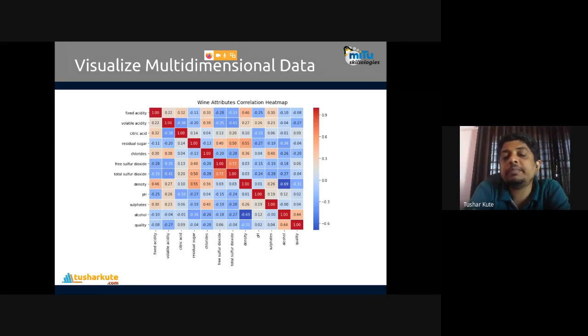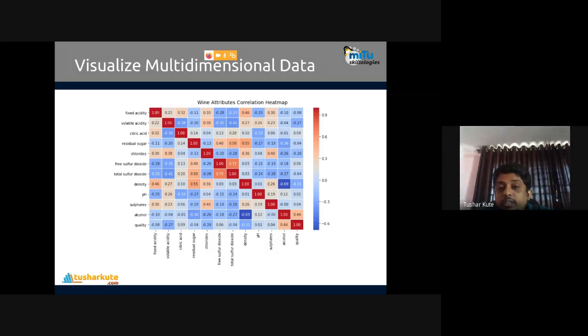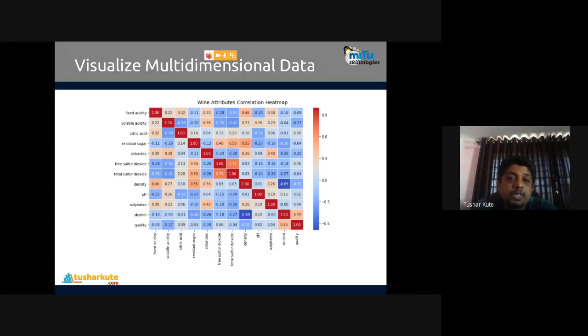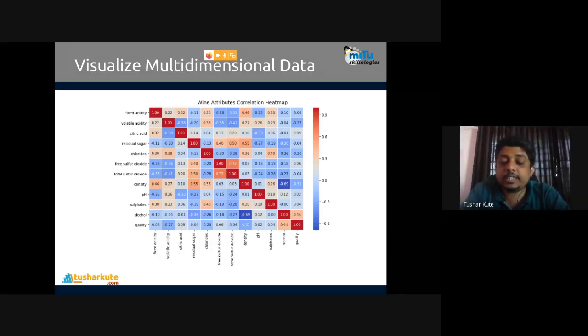So multiple dimensions and multiple inputs are present, and based on that, this correlation map in heat map format is shown. The colors show us the intensity of the respective data. It is one of the ways by which we can visualize the multi-dimensional data set here.